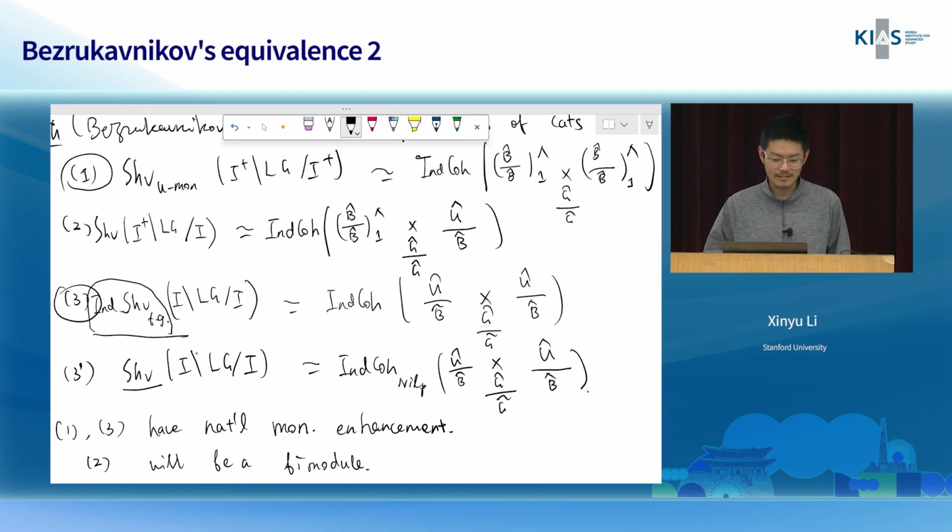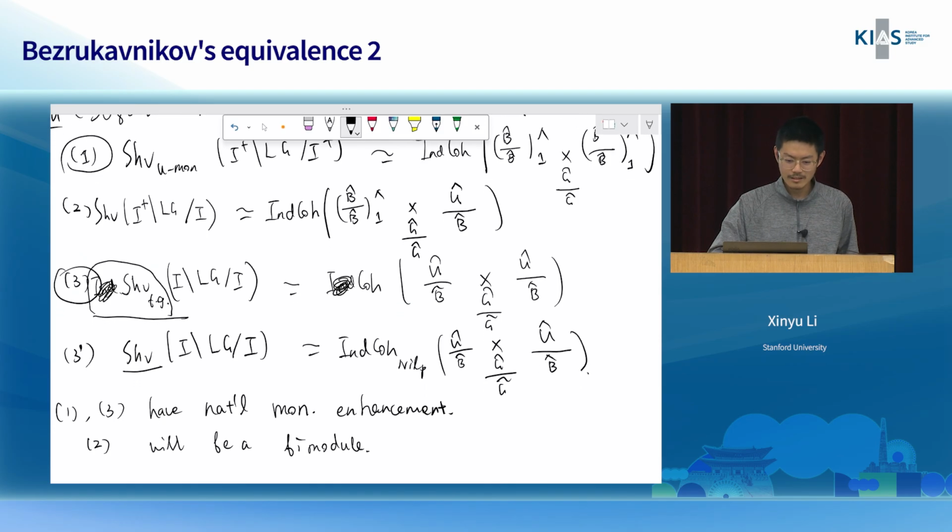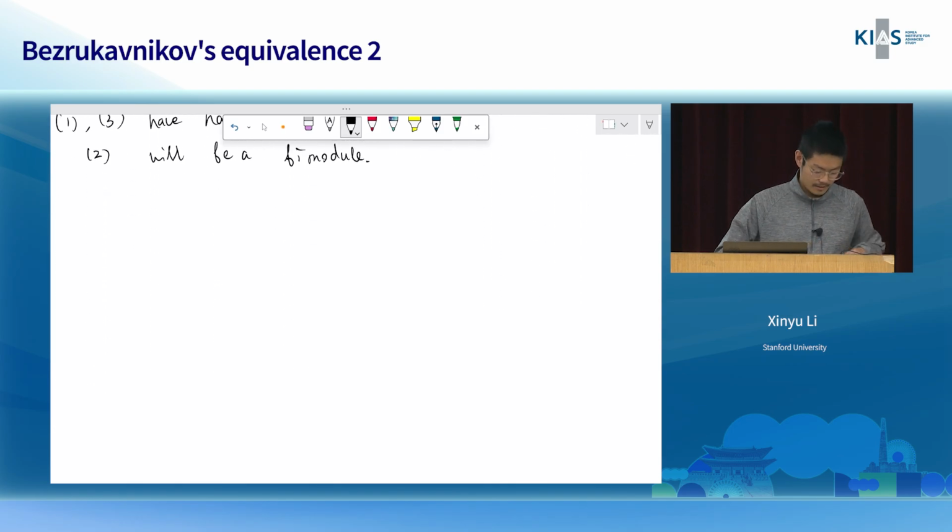But from this, it's not too hard to get this 3 prime. I think it just states something about small categories. So what he said is like sheaves here is current to coherent sheaves here. Right, okay, so